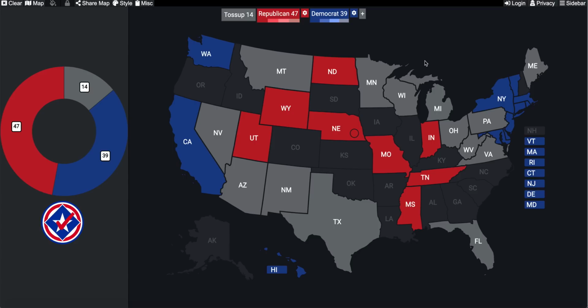So based off the states we have characterized right now, we have about 14 remaining toss-up races. In actuality, many of these states aren't actually going to be toss-up states. The 14 that we have remaining: Montana, Minnesota, Wisconsin, Michigan, Pennsylvania, Ohio, West Virginia, Virginia, Florida, Texas, New Mexico, Arizona, Nevada, and Maine.